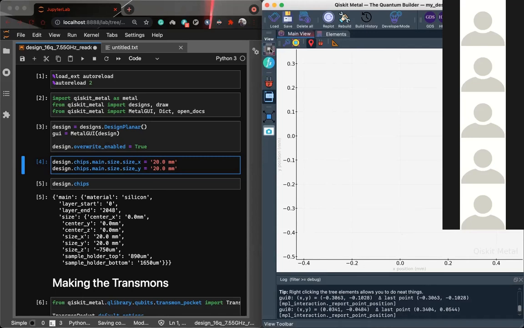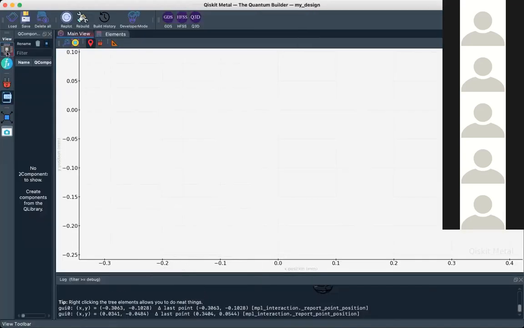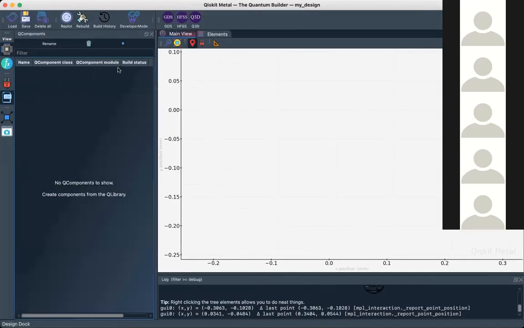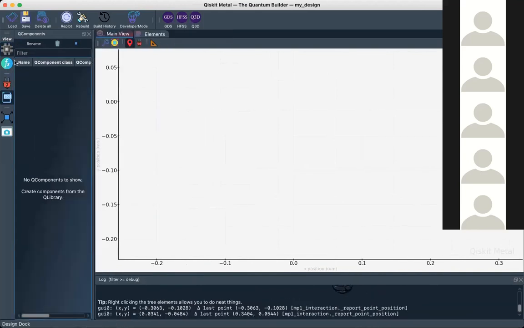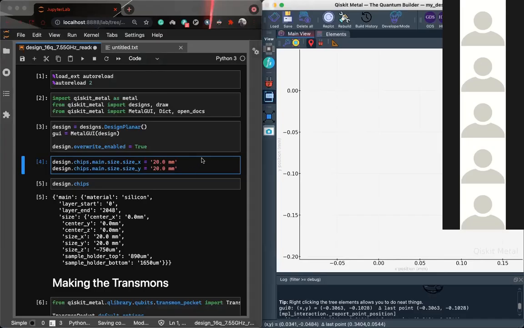There are many things that you can do here. If you go in here, you can see the components, and as we place the components, we can change the different parameters in each component. Let's get back to the Jupyter Notebook.